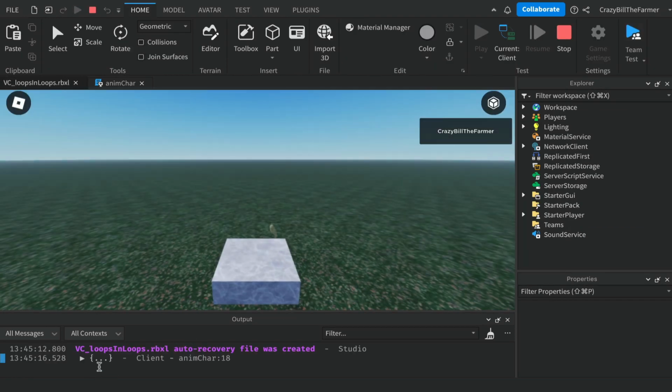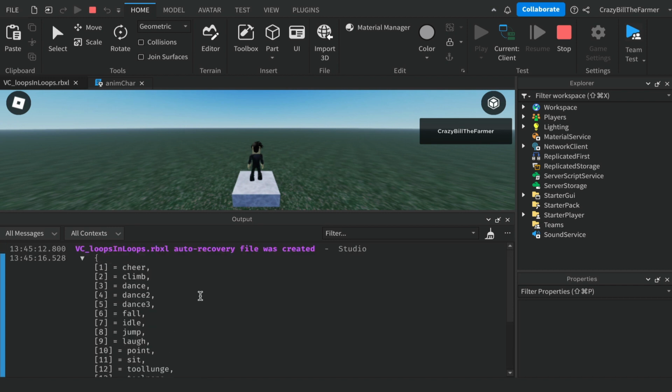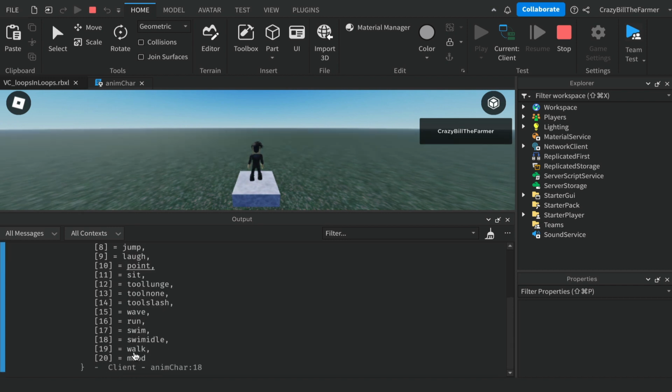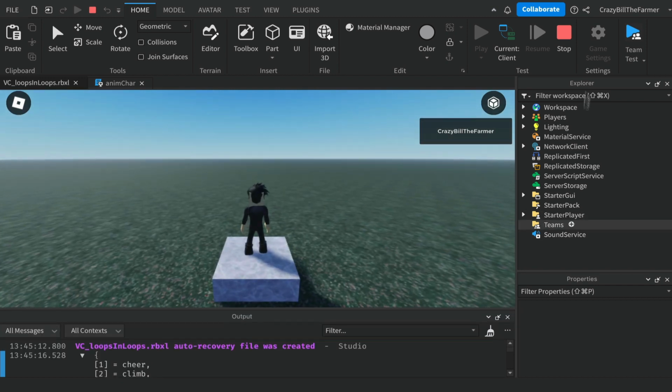Down the bottom in the output window, you'll see this drop down. If we click on this, I'll just slide this up here, you'll see that we've got all of the names in here. It hasn't added the animations in as well, just the names. That's what we're using for the top part of our GUI. So we'll stop that there